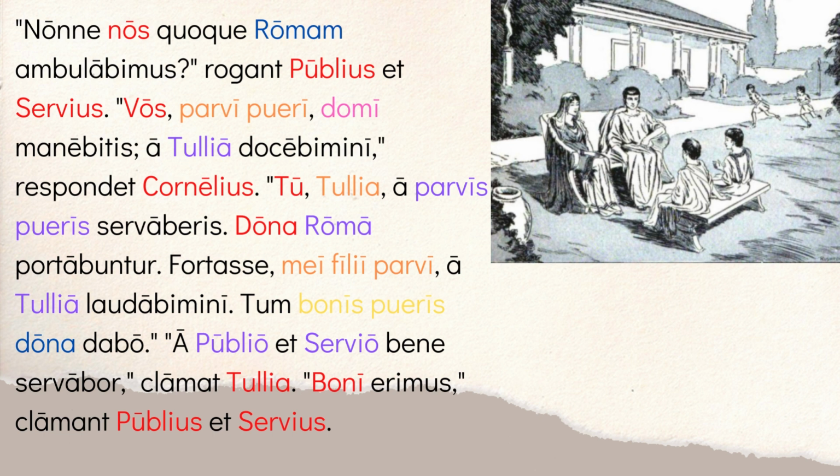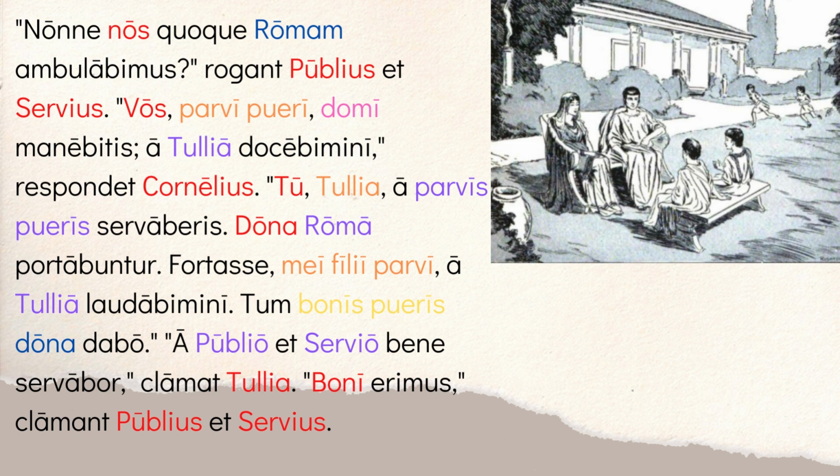So he's saying gifts, portabuntur, they will be carried. It's the bu makes it future, the ntur makes it passive. So it's a future passive verb. So dona as your subject, gifts will be brought or will be carried from Rome, Roma. Remember when you have the name of a city in the ablative case, it means from. So gifts will be brought from Rome. Right? He's saying, I'm going to bring you gifts.